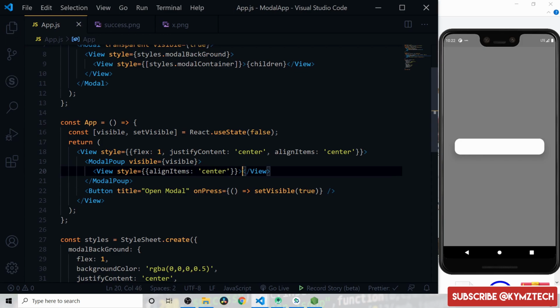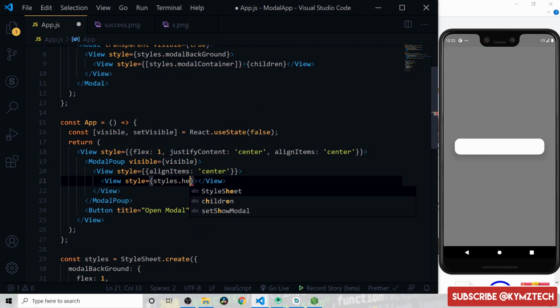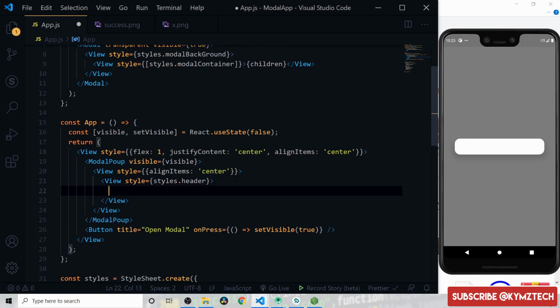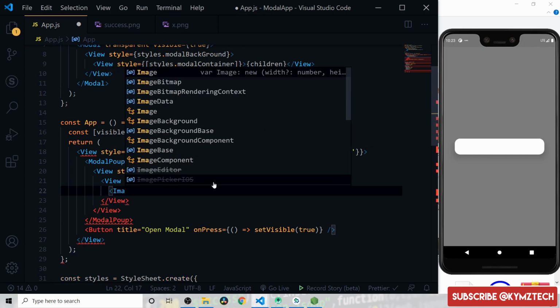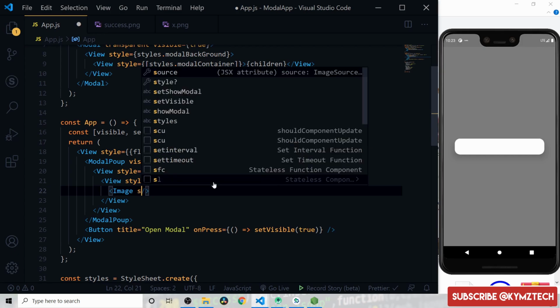So right now we are going to add a view also. This view is going to be the modal header. So we'll give it a style of modal header. So we'll say style.header. Then inside the view, we are going to add the image, that is the cancel image. So add an image component. Then we are going to give it a source. So we'll say source,